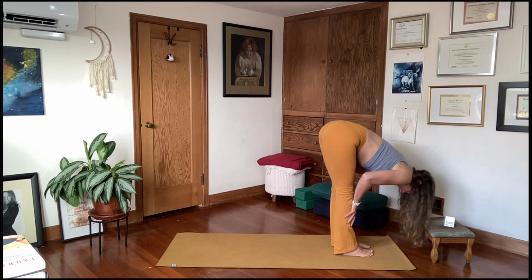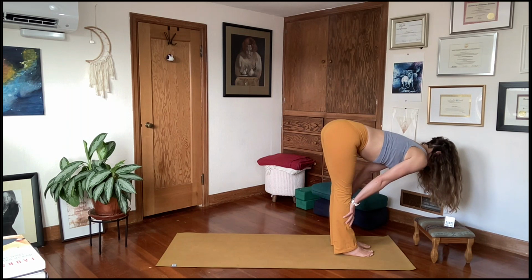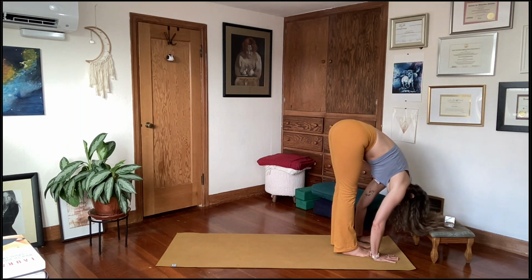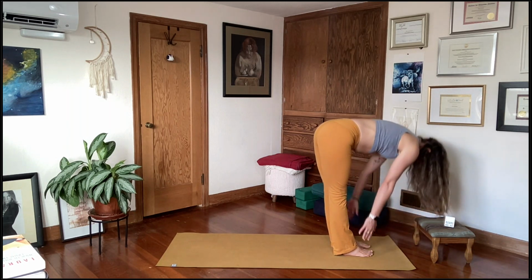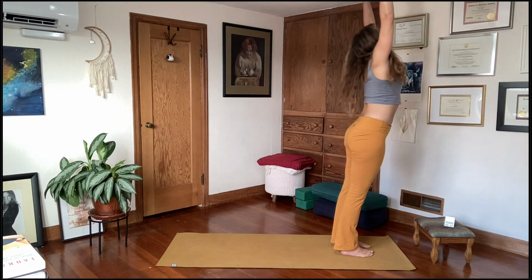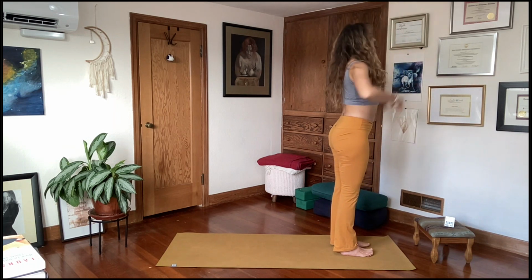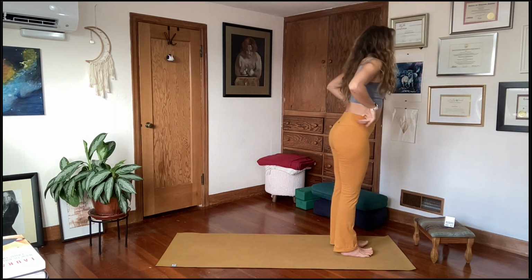One more time, fingertips to shins, halfway lift, breathe in. Exhale, forward fold. Let's roll all the way up to standing, reach the arms out and up. And this time as we exhale, we'll fold back over the legs,